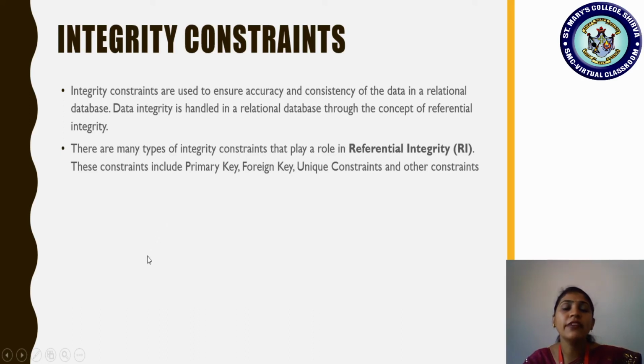The commonly found ones are primary key, foreign key, and unique, because all of these are constraints which highlight that the value should be unique from other records. So the referential integrity constraints include primary key, foreign key and unique constraints.